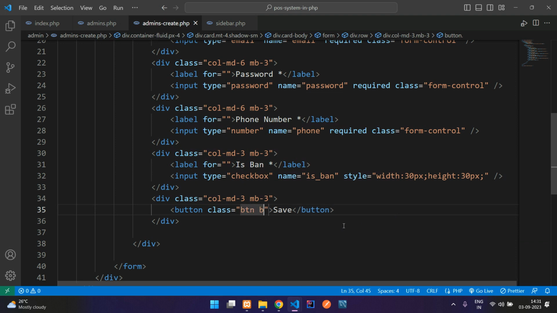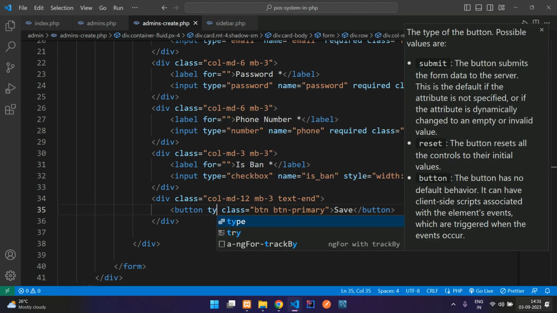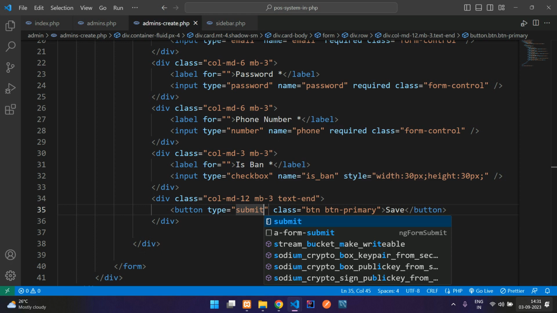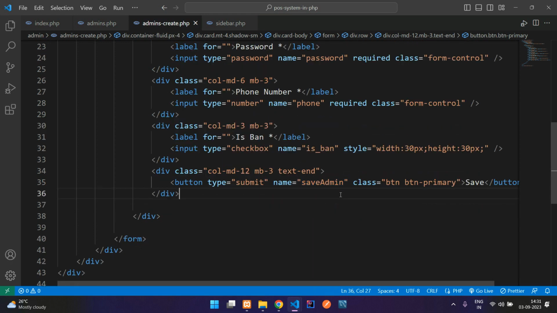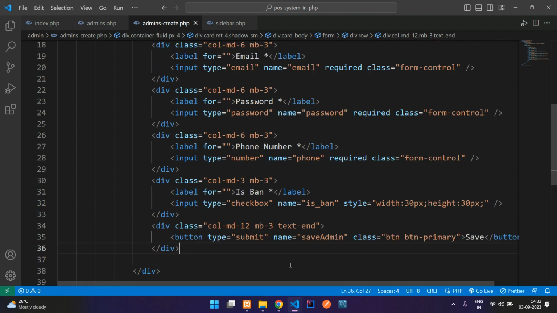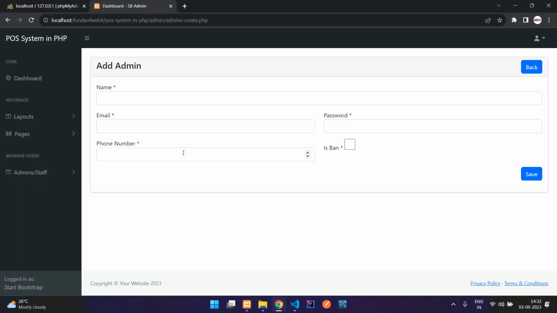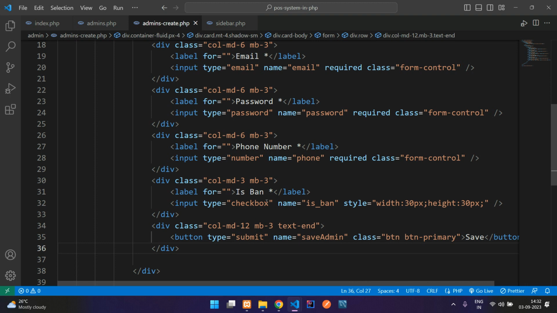Which is going to be the save button. Give a class btn btn-primary, and let this text be in md 12 itself, and this button type it's going to be a submit, and name this button as save admin. That's it guys, and now let's see the output for this. Refresh. Perfect. So all set guys, here everything is ready, and now let us try to save this record. Let me remove this star,